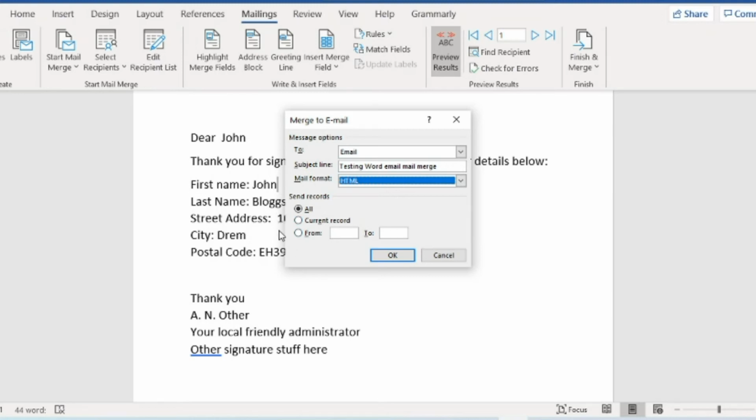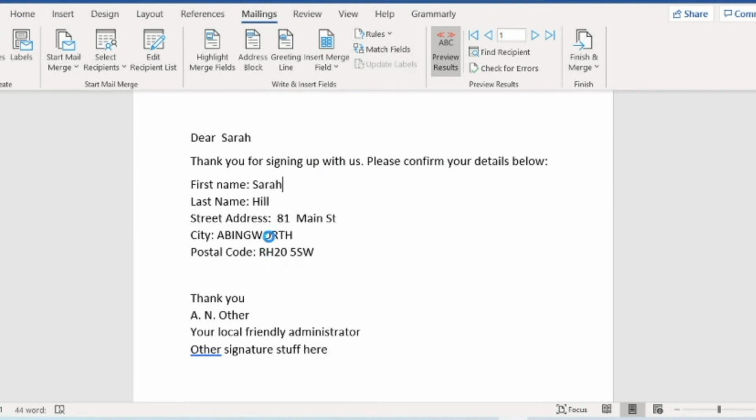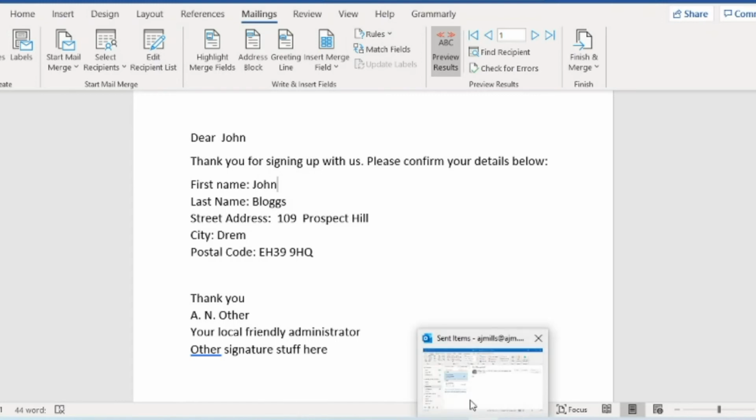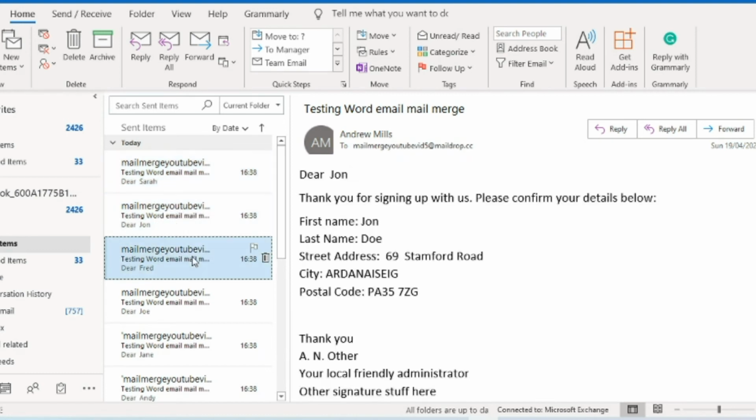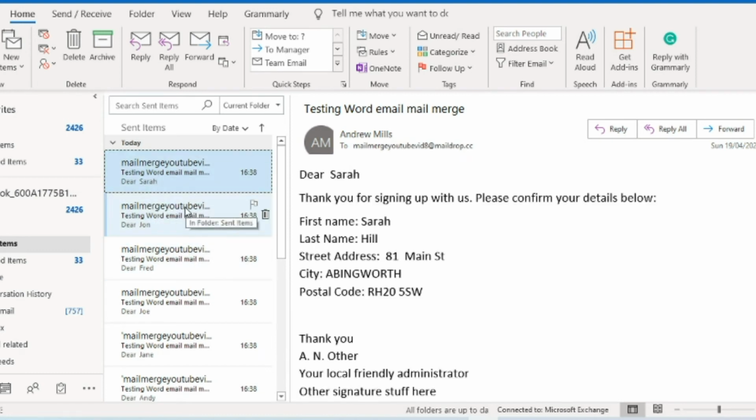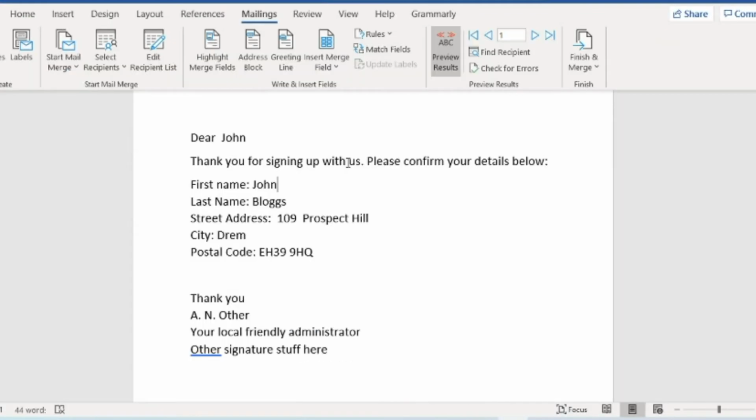The thing is, we've already filtered out which ones we want to send to in our edit recipient list up here. So all we need to do is click on OK. And as you can see, it's running through each one and sending an email for each record. If I go to Outlook, you can now see each email in our sent folder. And yeah, there you go. If I go back to our Word document,